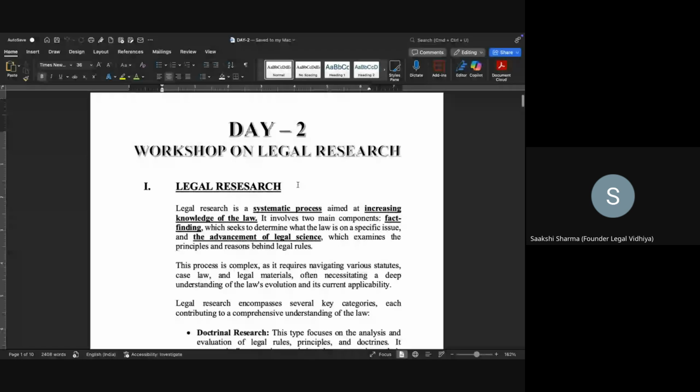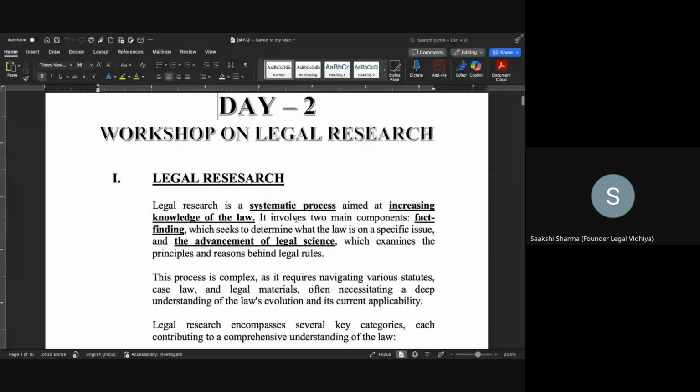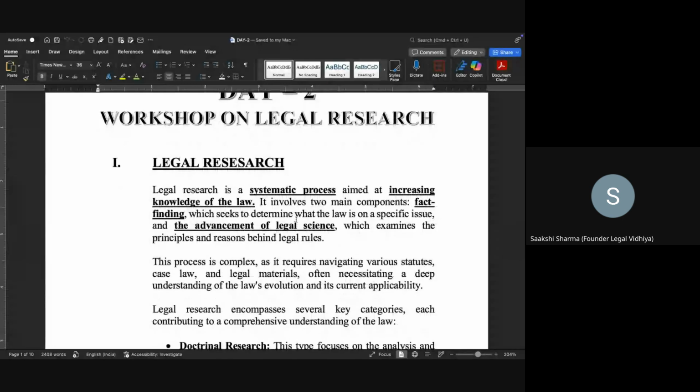So let's talk about legal research. Now, if you can see on the screen, yesterday also we came to a conclusion that research is basically a systematic process of retrieving information to increase our knowledge. Now, legal research basically is a systematic process aimed at increasing knowledge of law, and it involves two. Now, the first component is